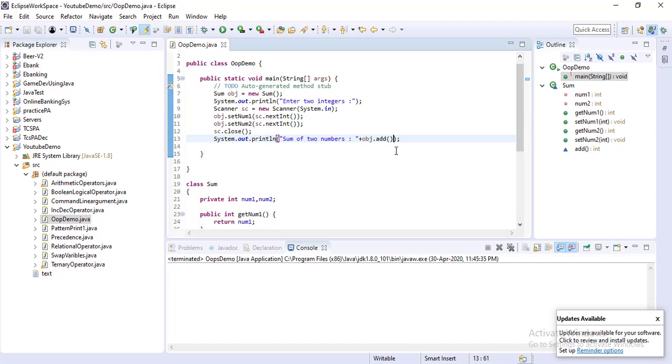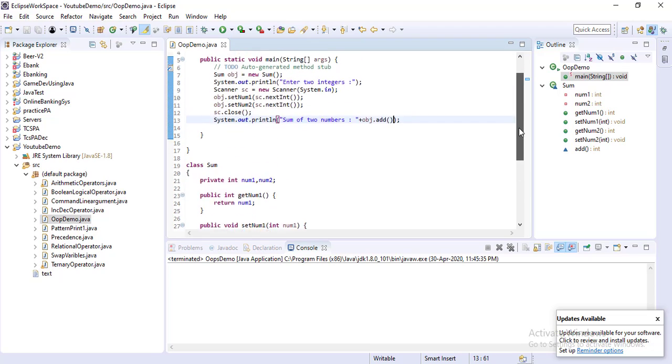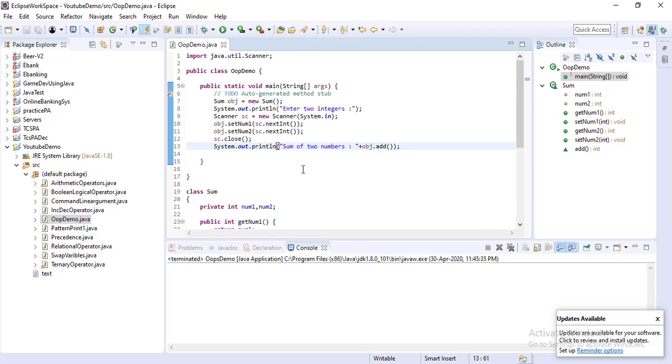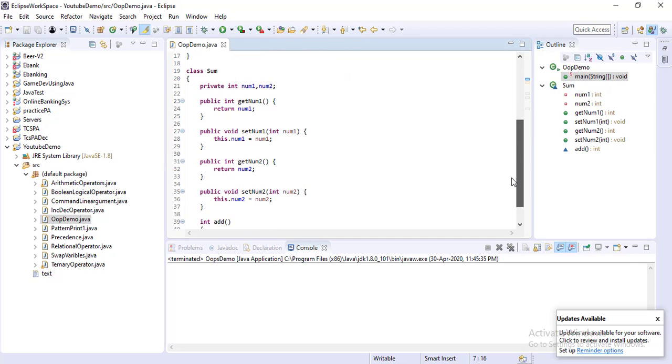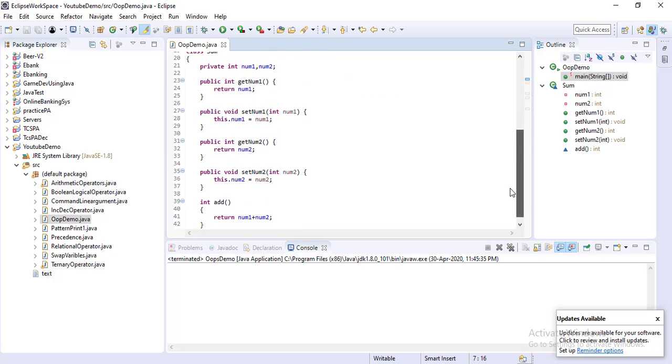Whatever we are doing here, we first have to create an object, and whatever values you want to access outside the class, you have to call those methods or variables through the new object. With the object reference you have to call whatever you want to access. So this is the thing.